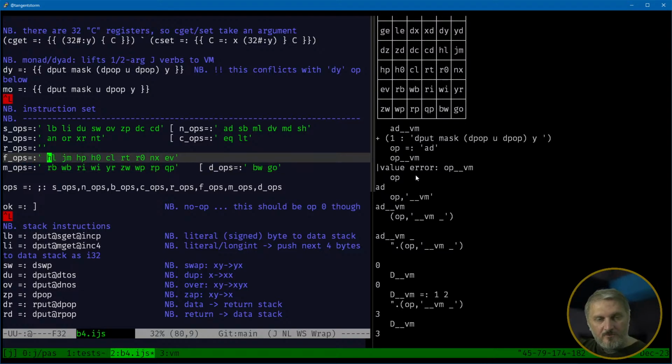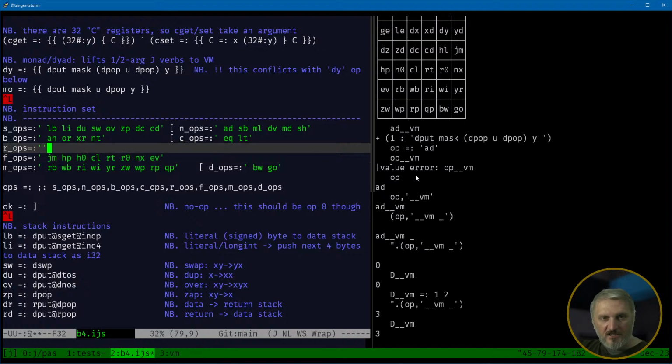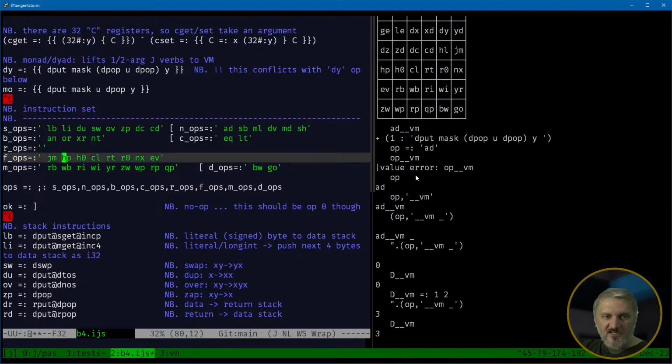All right. So now the control flow ops. Halt goes away. Jump was going to go away, but I couldn't get rid of it. I really needed jump. Then we have hop and hop 0. A jump is a large version of a hop. Jump takes a parameter and